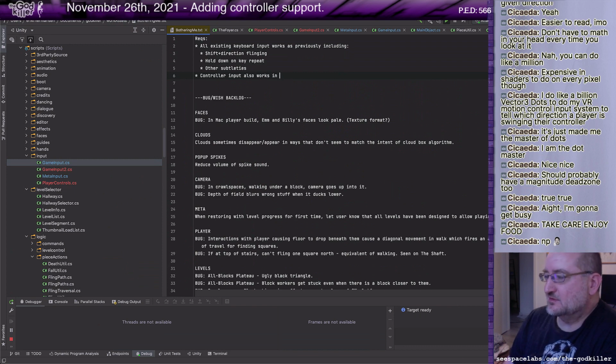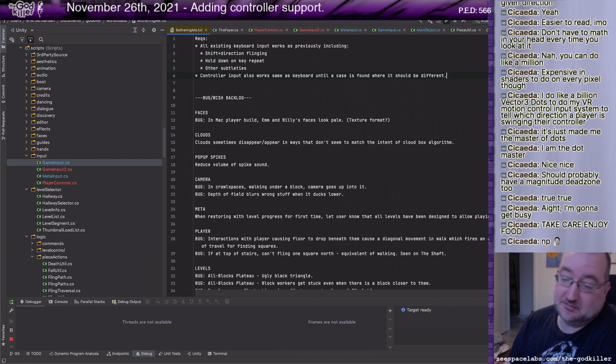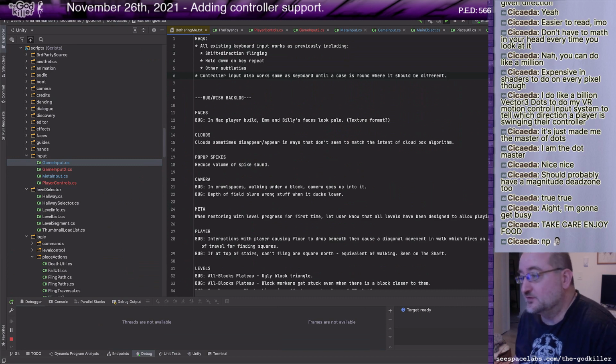And it works the same as keyboard until a case is found where it should be different. So basically I will begin with the assumption that all of the controller input that I use will just have the same logic applied to it as the keyboard input does, until I find the case where it should be different, just to make the player more happy or something like that. So I'll start with that.